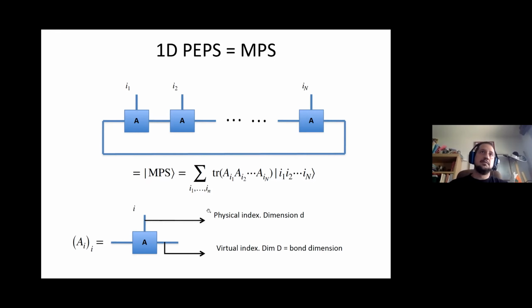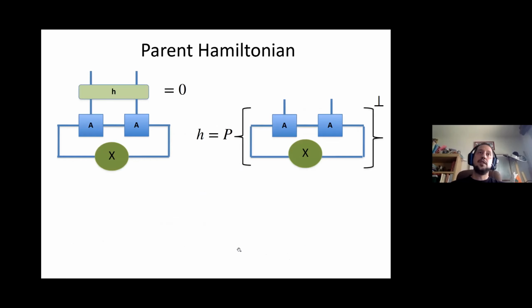Therefore, they are called virtual indices or also bond indices. The number of indices associated to this leg is called the bond dimension. Usually the physical dimension we call small d, and the virtual dimension capital D. So, associated to these matrix product states, which we now see as physical states, as quantum states, there is